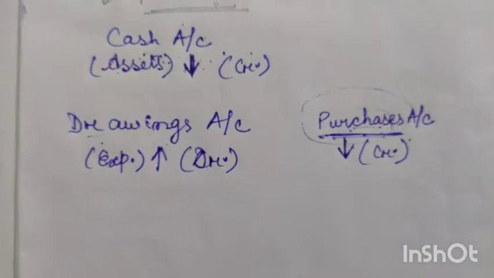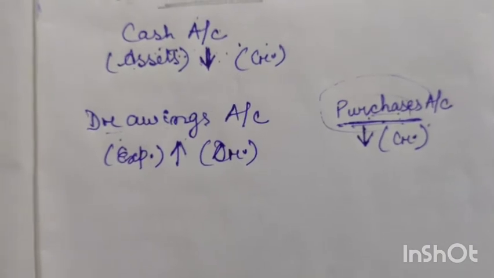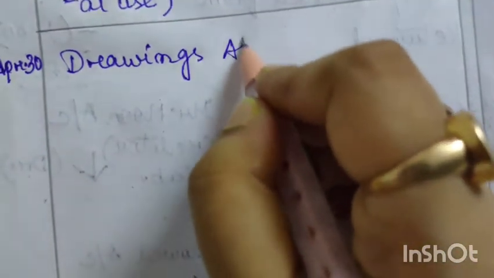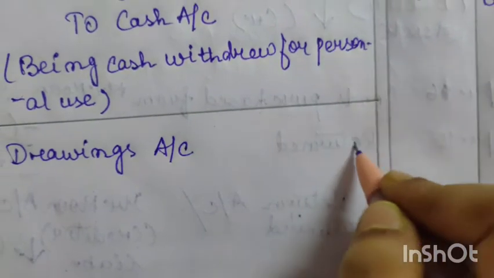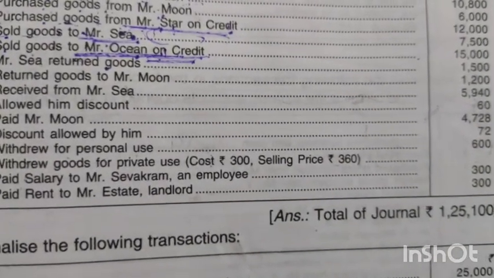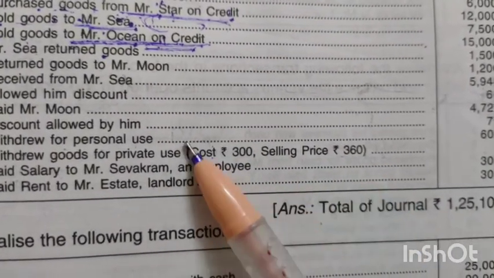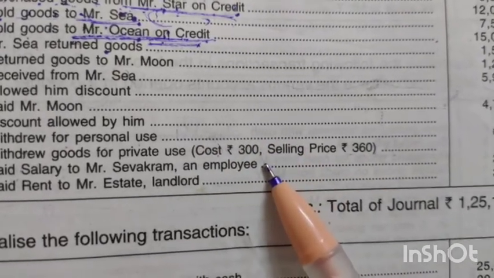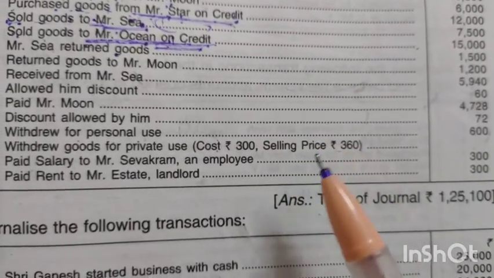Okay, so from here we come to the journal entry: on April 30, drawings account debited. Now which amount will be considered? As I told you, since it is cost, we will take the cost, not the selling price. Cost price we will take, because this is the real value. Selling price we will consider when we sell the goods. So here we will consider cost price. So we will write here 300